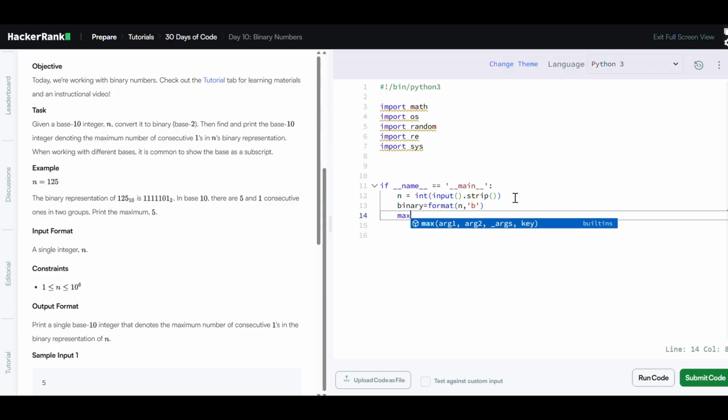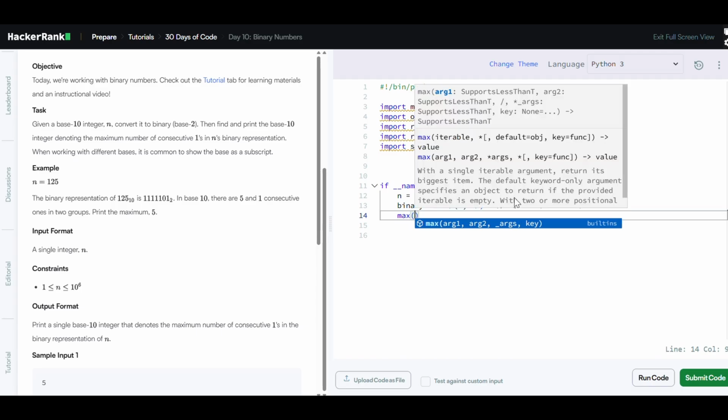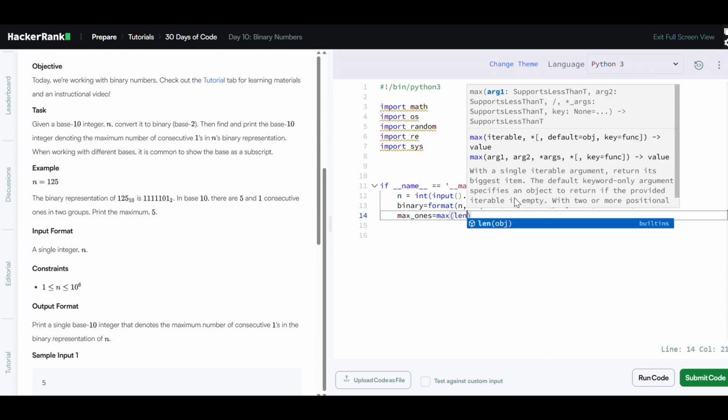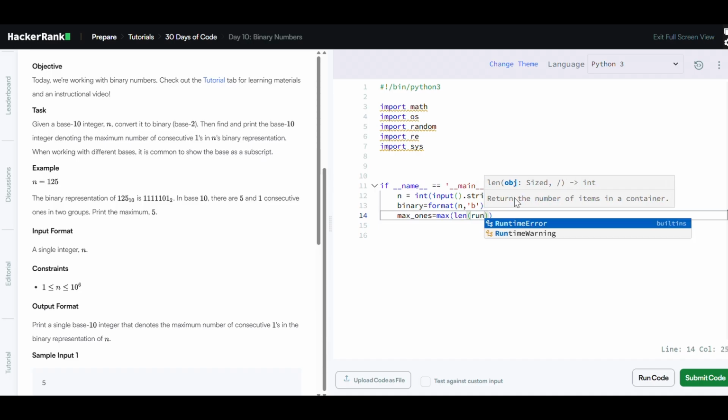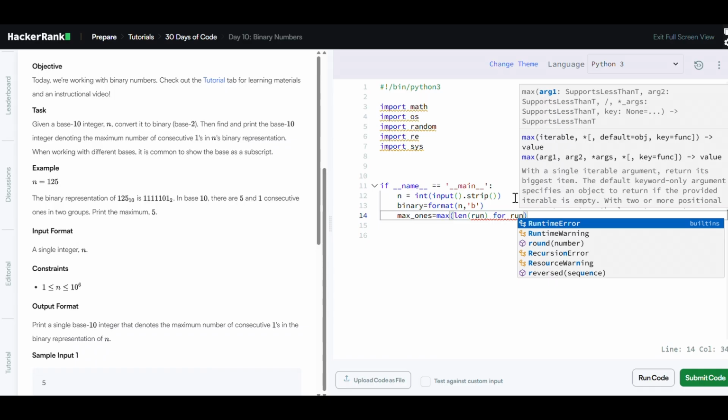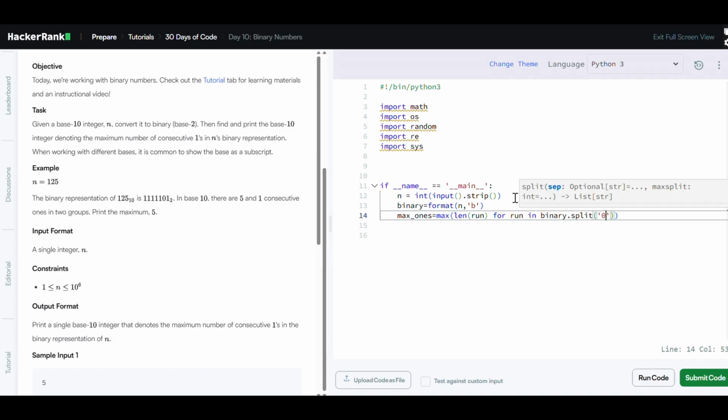And the second line of code, here I am writing in a single line in the comprehension way. You can also use loops and solve this, no problem in that. Okay. max_ones is equal to max of length of run, for run in binary.split('0').